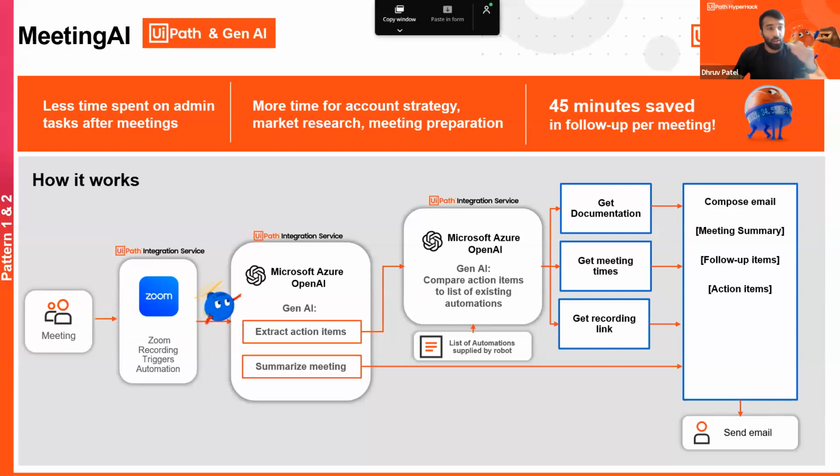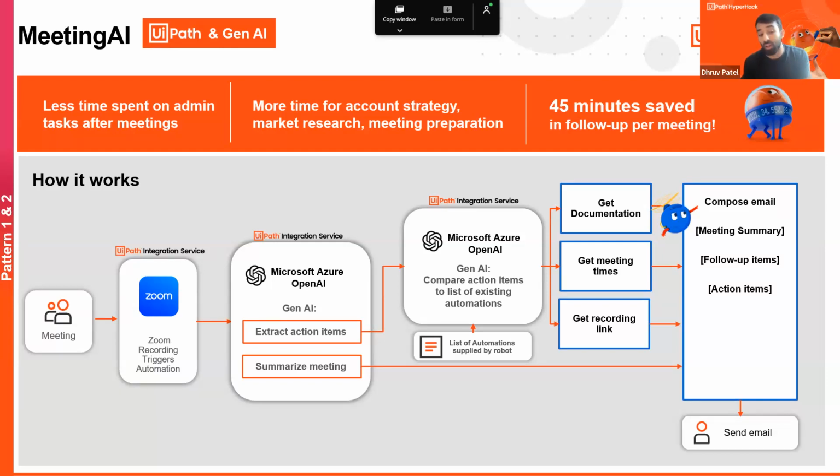So I'll do one more example here, and this is a slightly different type of use case, in this case meeting AI, right? What we built was basically an automation that as soon as the Zoom is done, the recording and transcript and all that are uploaded right to the cloud. Using Integration Service, we have that automatically kick off an automation to go grab the transcript, do a call to generative AI to do two things, right? To summarize the meeting for us, but also extract out the action items from that transcript.